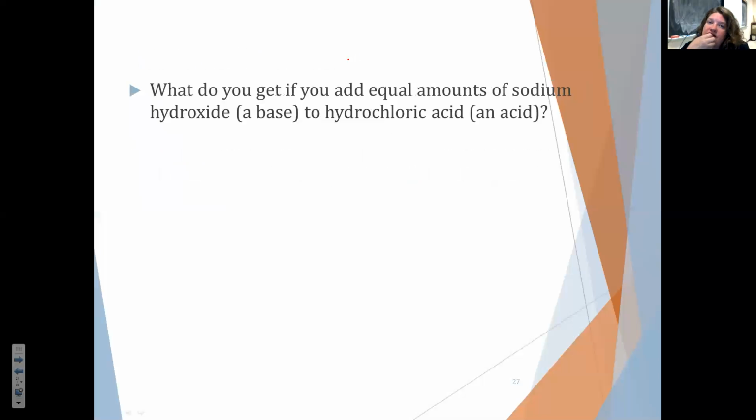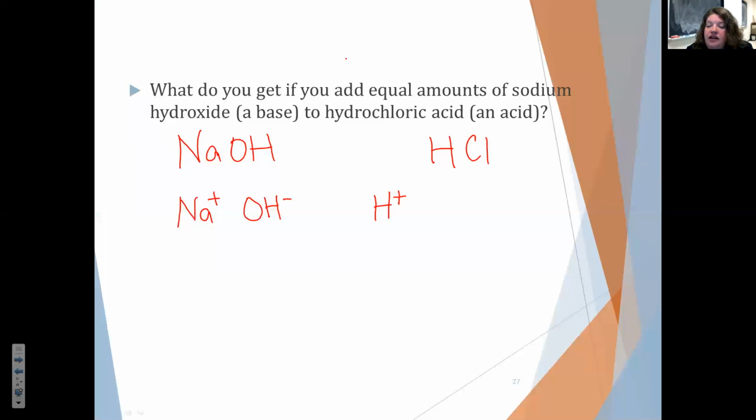So to conclude our discussion about pH, we can look at this question. What do you get if you add equal amounts of sodium hydroxide, which is a base, to hydrochloric acid, which is an acid? Well, in solution, both of these compounds are going to ionize. So in solution, you actually have a sodium ion and a hydroxide ion, and a hydrogen ion and a chloride ion. And so if you titrate exactly equal amounts,